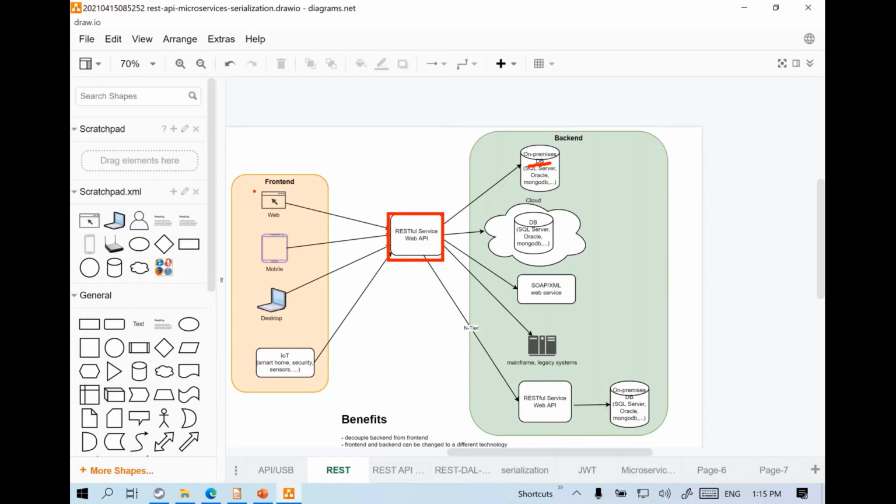Likewise, the front end should be independent of the back end. So you should be able to use any technology here, like .NET, Java, Node.js, Python, and so on. So it's not just making the backend independent of the front end, it's the other way around as well. REST APIs are a universal way of developing your interfaces or point of contact between the front end and the back end, so that it's totally independent of the technology or the language you plan to use.